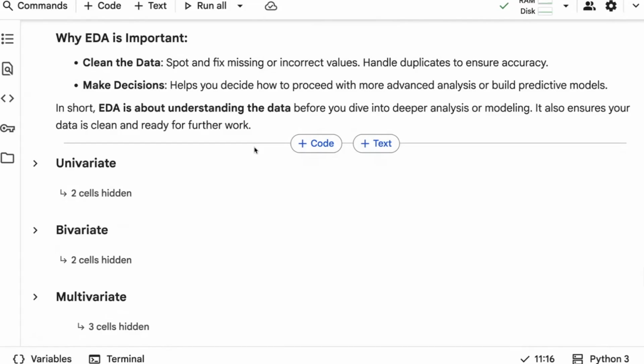Plotting graphs, anybody can do it nowadays. Even a child can plot a graph by remembering a code. But how do you stand out from other people? By writing an insight. I can see many people fail to write insights, which is the most important part of any project. So make sure you focus more on that, so that you don't struggle or face any difficulties even in your interviews.